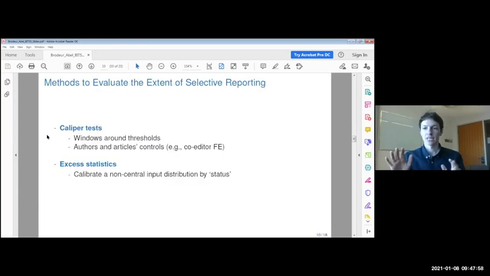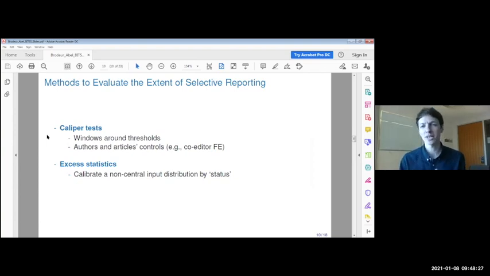Okay, let me show you a bit more formal analysis, but it's going to just confirm everything I've said before. So what's happening is editors are sniffing out significant tests, reviewers like significant tests, and overall, not much. So published papers versus those rejected have very similar distribution of test statistics at JHR. There's many different ways to measure publication bias, p-hacking. We use many different methods in the paper.